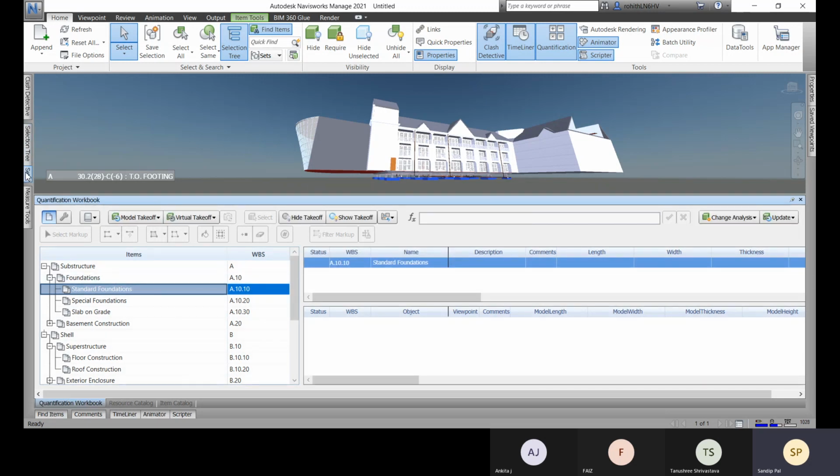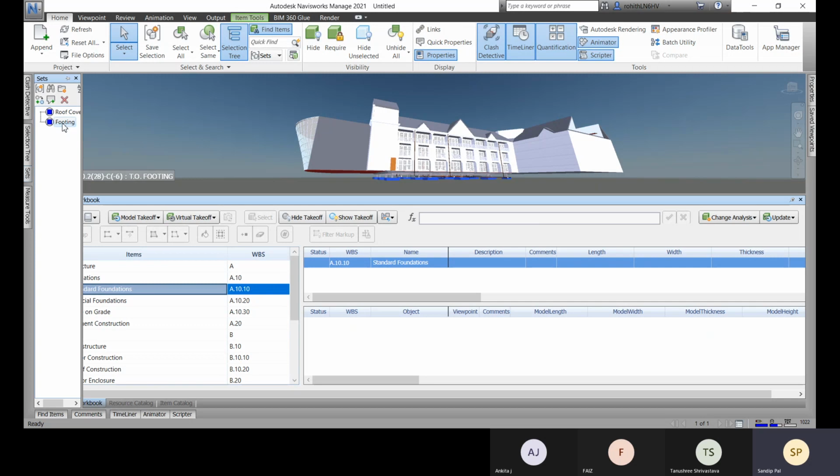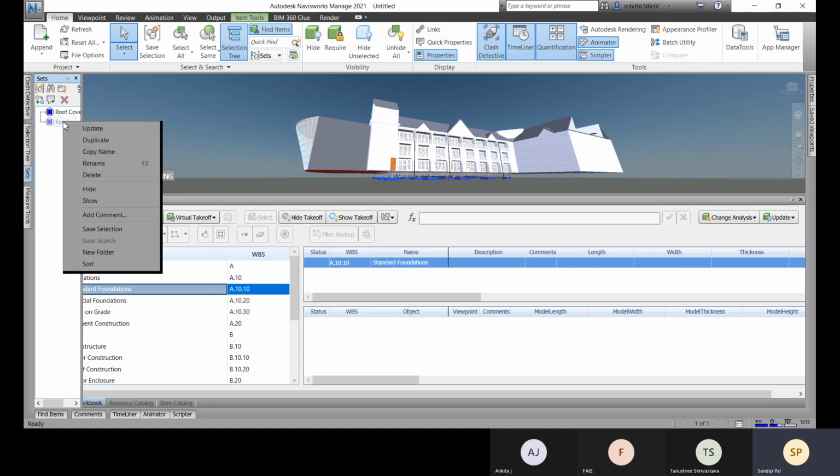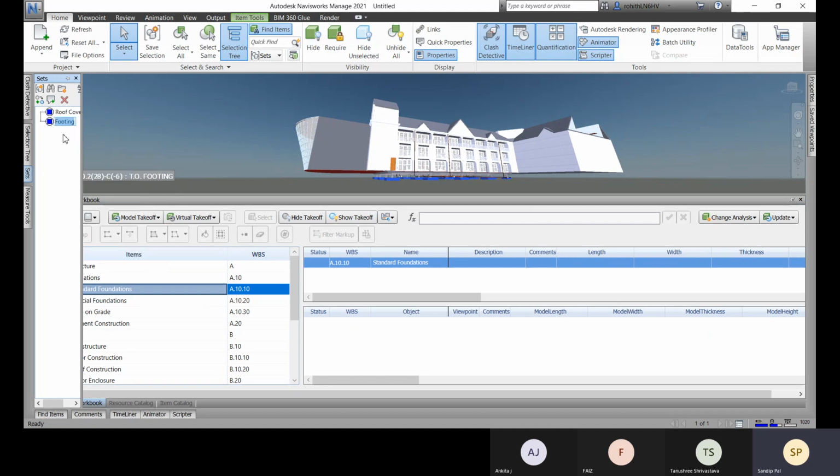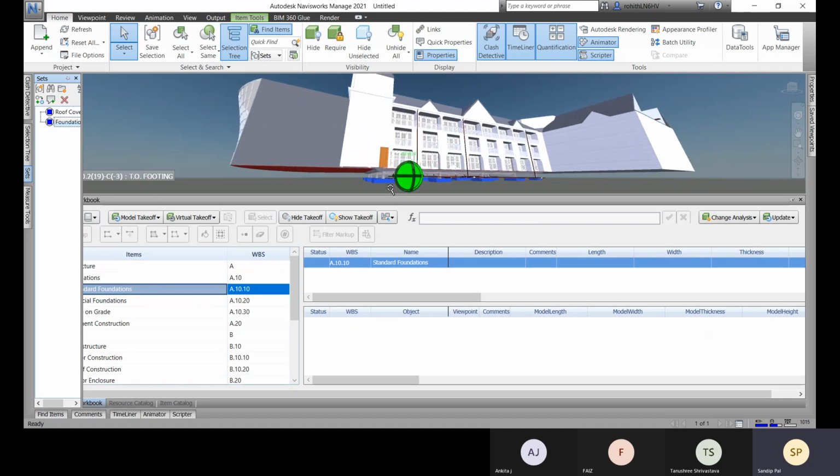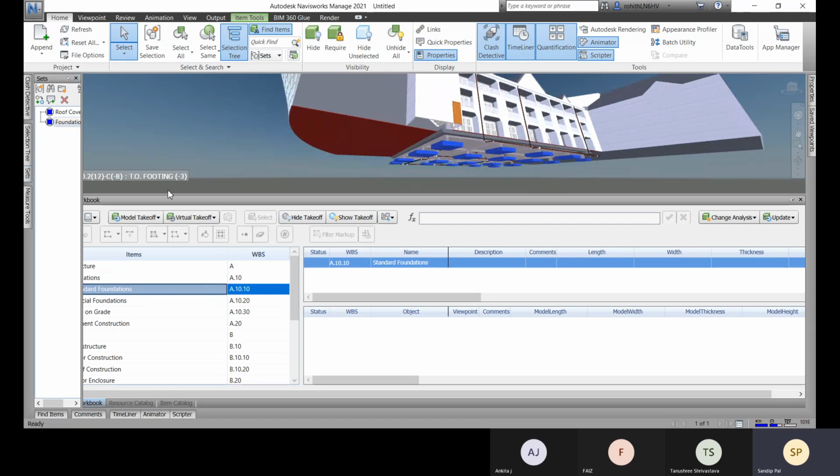Or I think I'm having some problem with this footings, or else you can drag it to this. Okay, so I think let me name it like foundation. Enter. Okay, no, I think I'm having some problem with these objects, so I'll fix it.